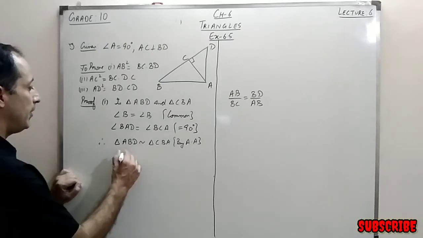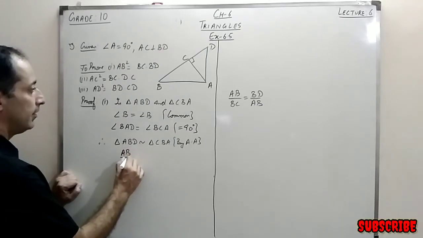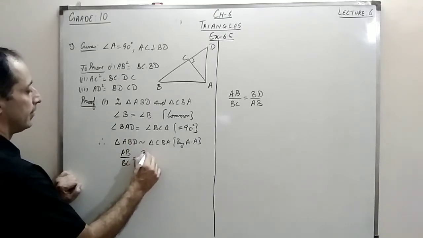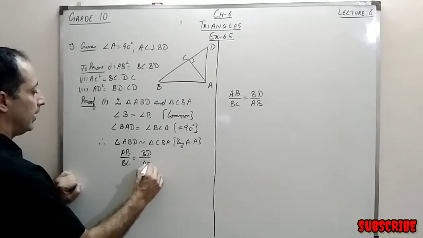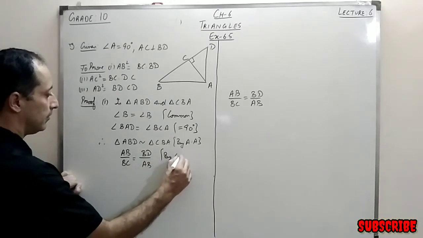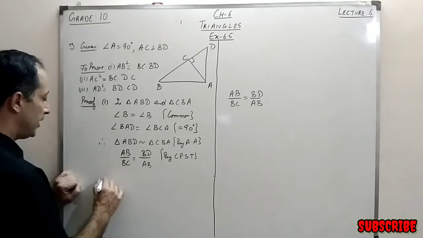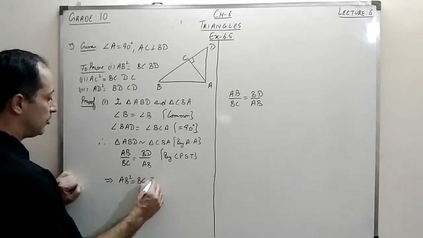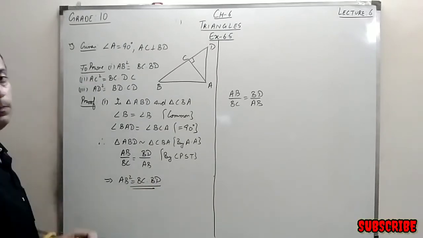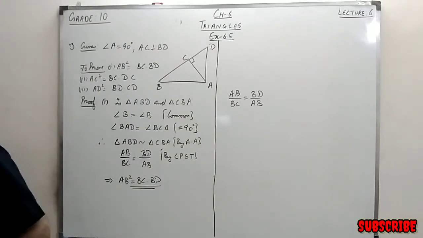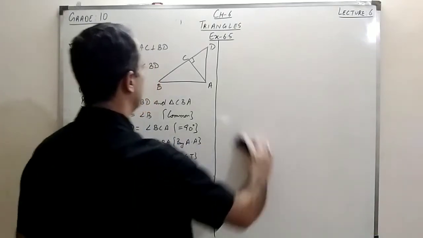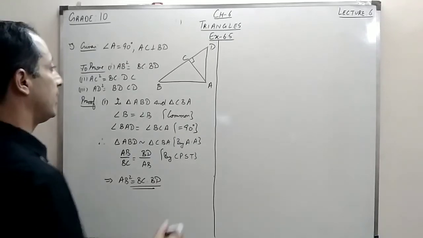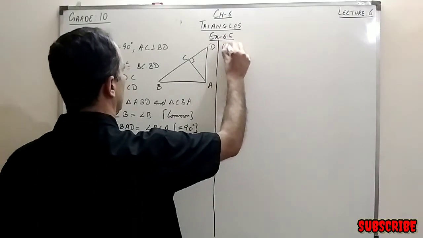So what I can write, AB from here and then BC from the other. What I get from them, BD upon AB, and I write this by CPST. And then I cross multiply, I get my desired result, that AB square is equal to BC into BD, right? Now if we go to the second part of this question, the second part can be proved using the Pythagoras